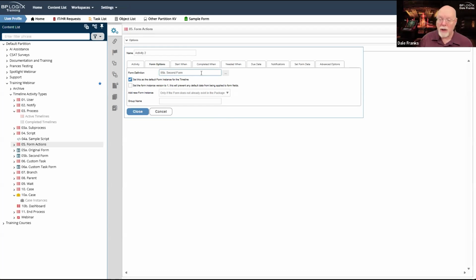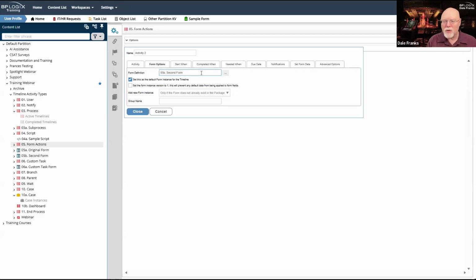And you've seen me do this before, where I want to add a second form to the process before I invoke a sub process. And so I can use that attached second form as my main form for the sub process.